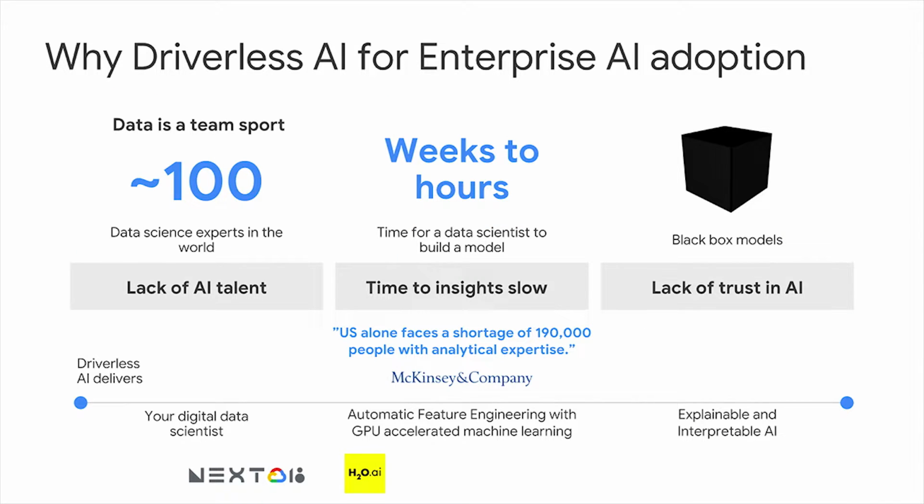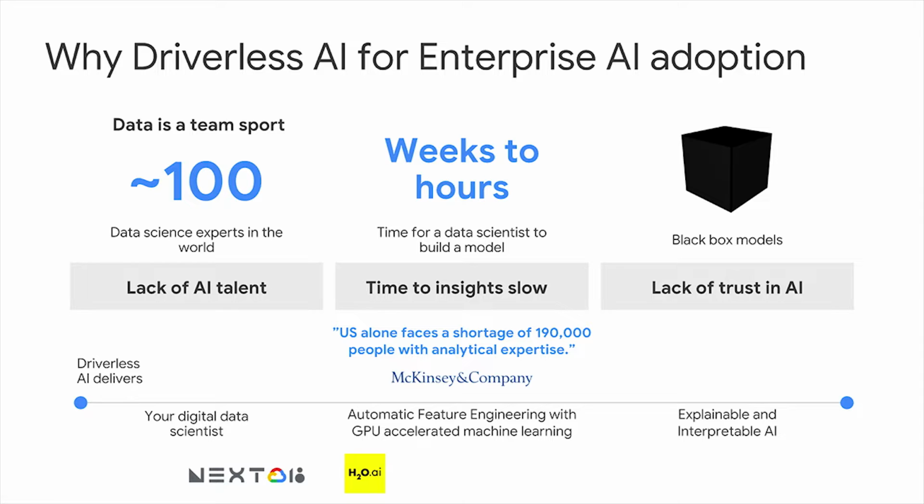So what we're trying to solve is 3 things. There's a lot happening in the slide, but essentially it's talent, time, and trust. We found that those are the 3 big hurdles and obstacles to enterprise AI adoption. Talent: there's a deep lack of expert AI talent. That's no news to anyone. Data scientists are a hard commodity to find, and they are extremely rare to hire and keep as well, right? So what do all the enterprises around the world do? That's a big challenge.